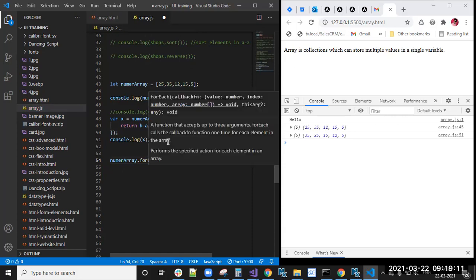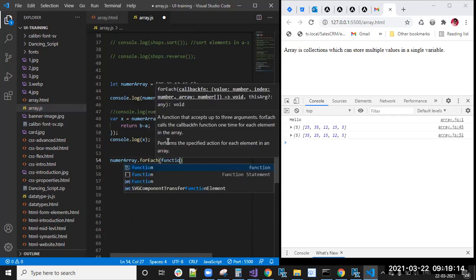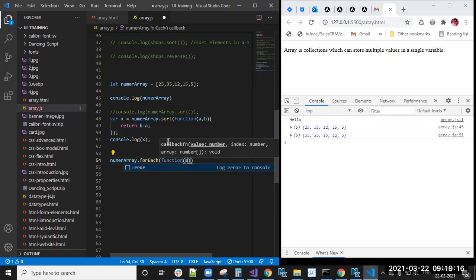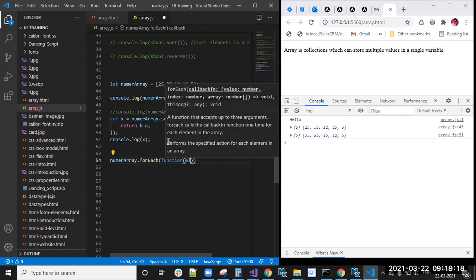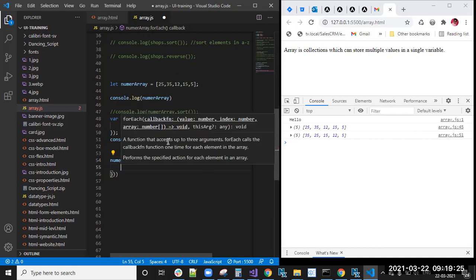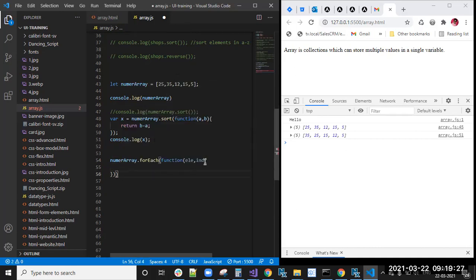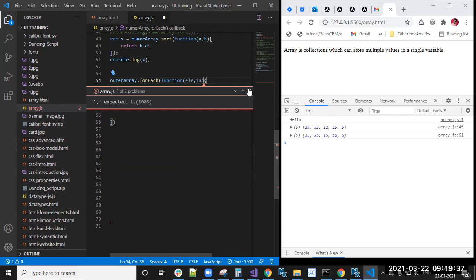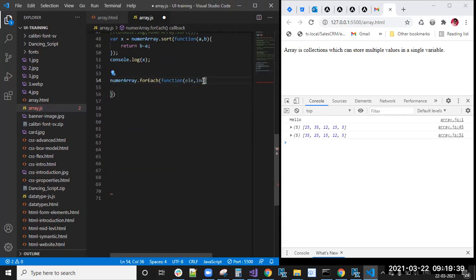I'm writing the syntax: function of element comma index.